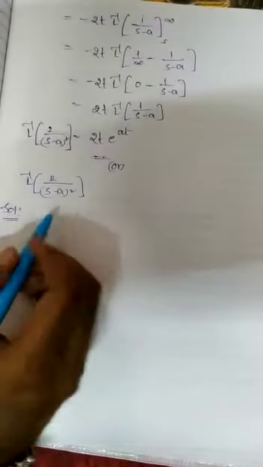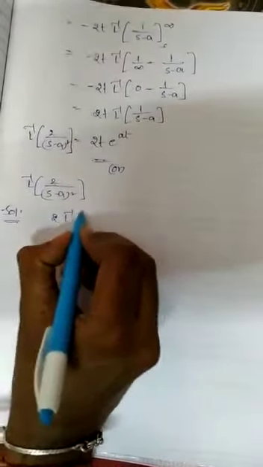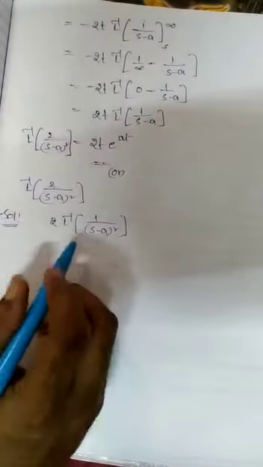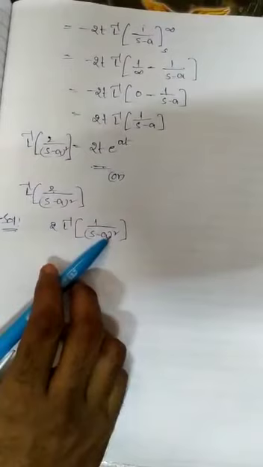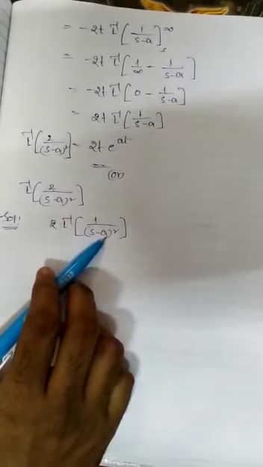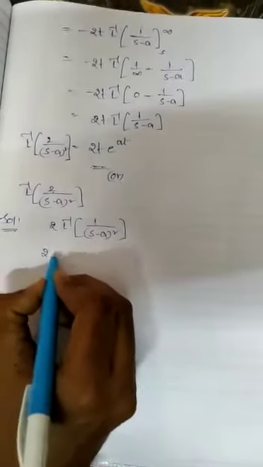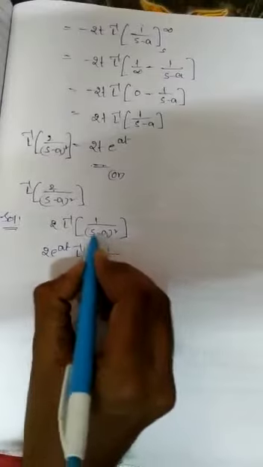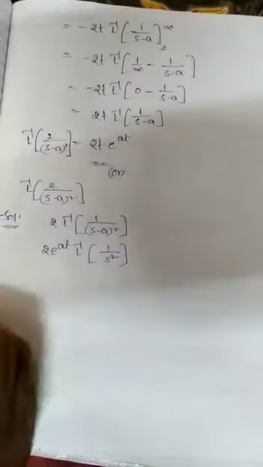Okay, so write this 2 outside. If you write 2 outside, Laplace inverse of 1 by (s minus a) whole square. By using the first shifting theorem, here we have s minus a. To convert this s minus a to s, we have to write e power of at outside, right? So let us write e power of at outside. Then it becomes Laplace inverse of 1 by s minus a becomes s. So 1 by s square.